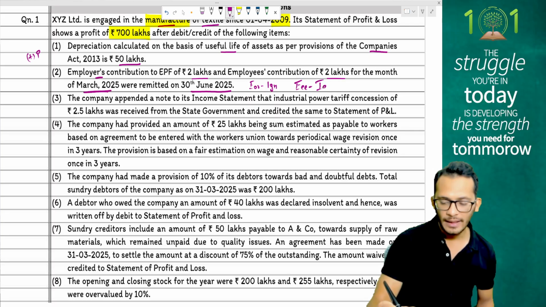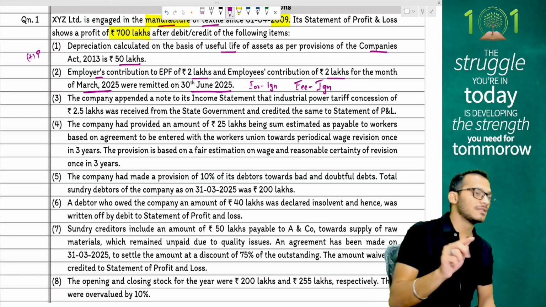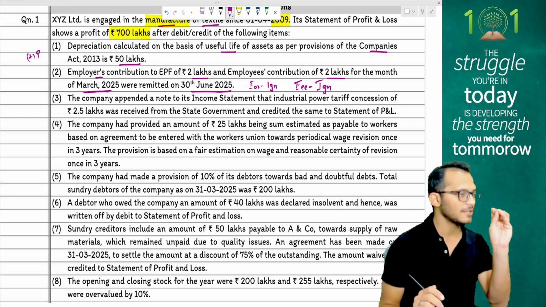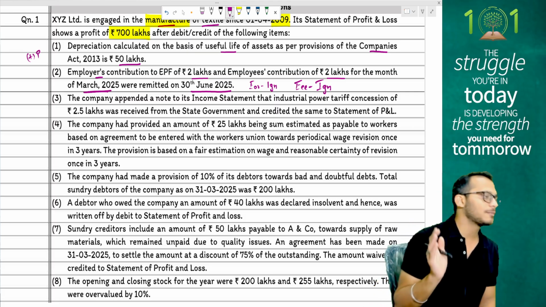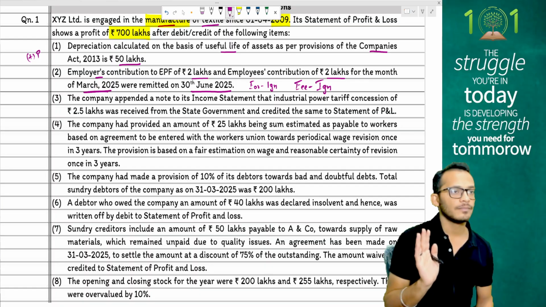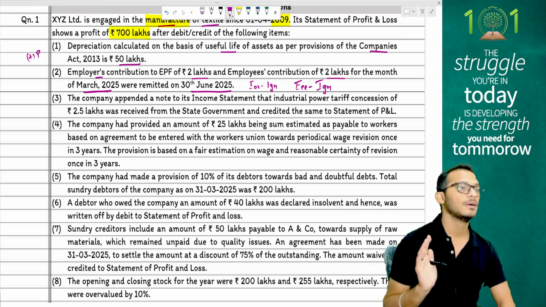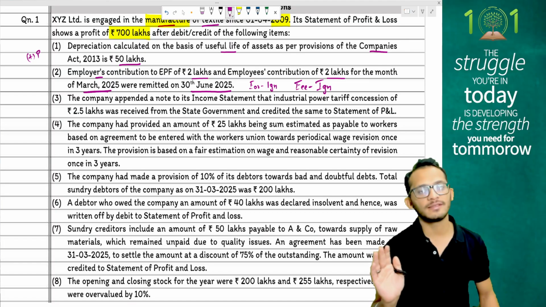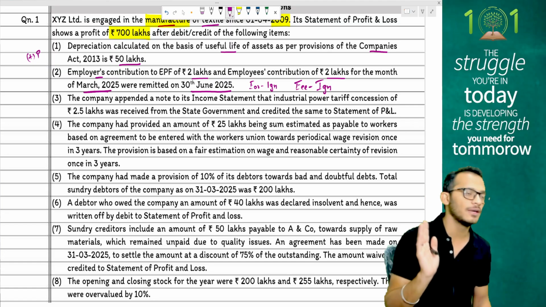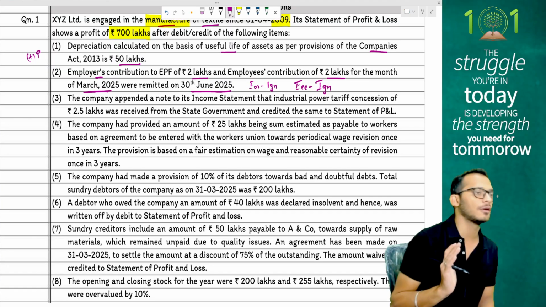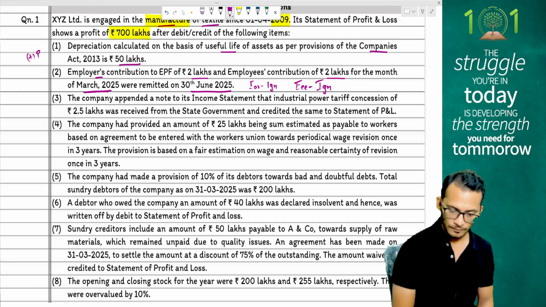Because I would assume that employees' contribution is credited in the P&L. People, this is something which very commonly happens in ICAI exams, especially at final levels. ICAI would give you weird assumptions. At this point of time, understand the fact that you shouldn't overthink it, because ICAI knows they have made a mistake in the assumption process, in which case whatever you write is correct. So whether you do plus 10 lakhs or you do 0, the answer remains the same. It doesn't matter. You will get full marks for it. Any doubts on this? Are we good to go?